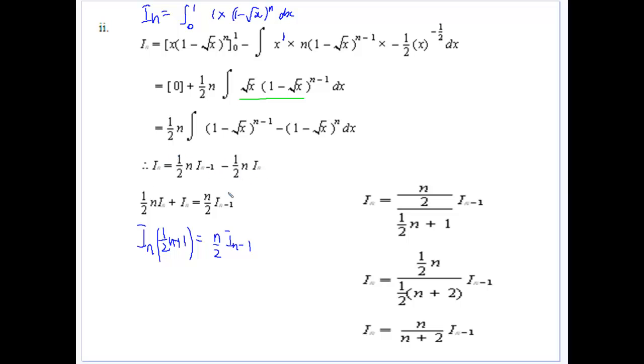Add the minus a half n, or add a half n I of n on both sides. Collect your terms and then do the division. And we can get down to that expression there of n on n plus 2 of I of n minus 1. So there's